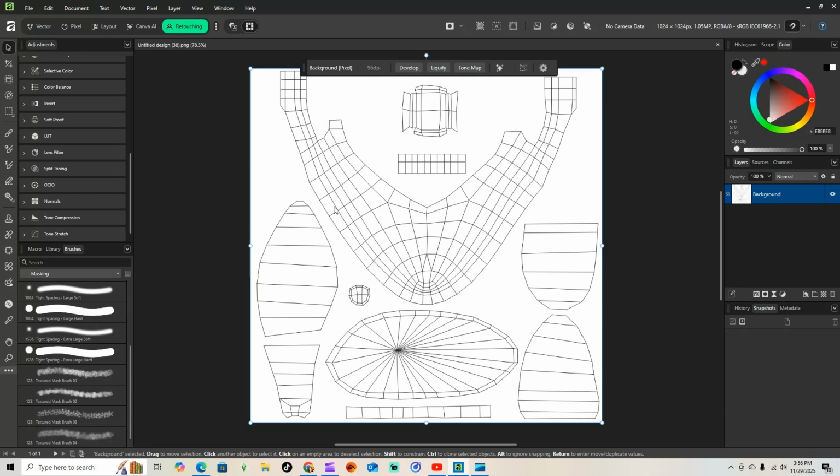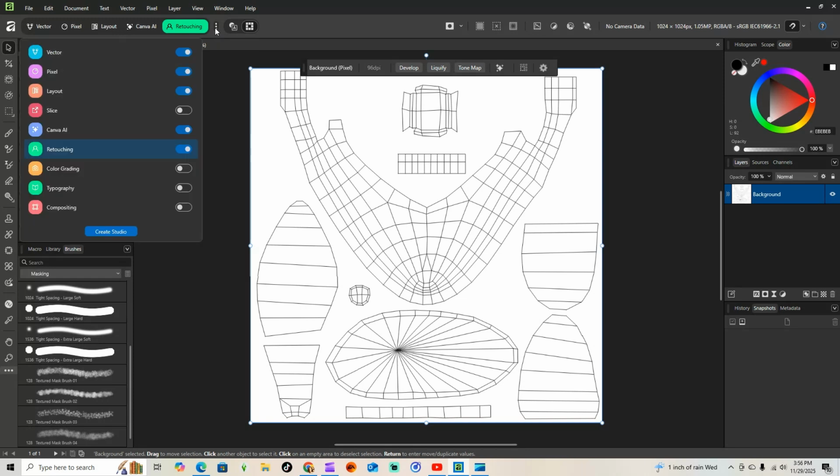So this is just a nice way to edit your 3D models in a 2D medium and still have it look really nice. So the first thing we're going to want to do is add the retouching studio at the top here. If you click on these three little dots to open up your studio manager, click on retouching,